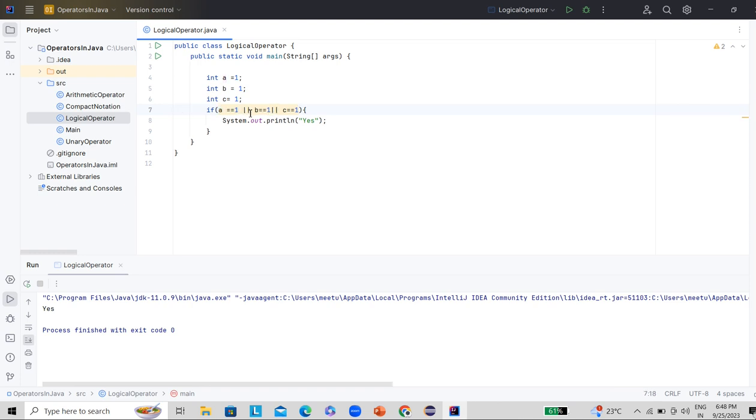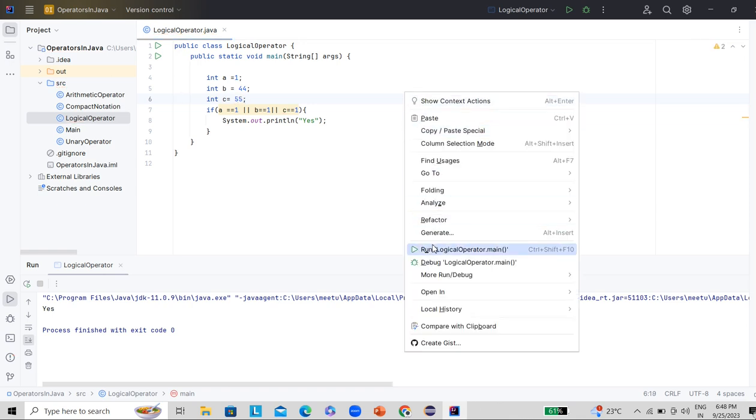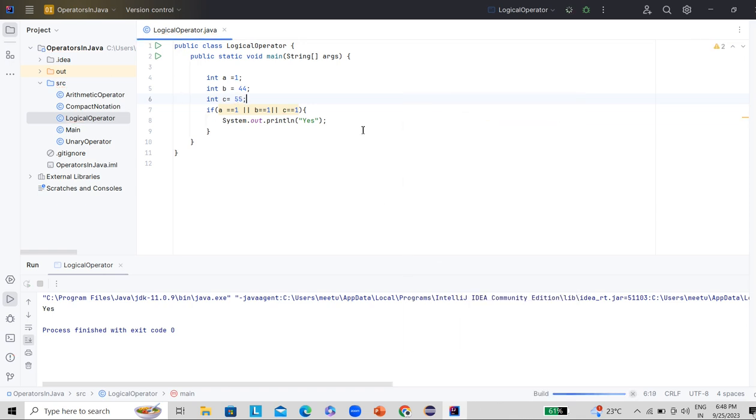So the usage of the OR condition is like any of the conditions. For example, if I change the value of b to something else and c to something else, then what would be the expected output? Then also it will come inside. Why? Because it is satisfying at least one condition, a equal to 1. So just run this program and see the effect. You can see it is still satisfying, because the first condition is satisfied, so it will ignore the other conditions. Similarly, if we provide the AND condition,